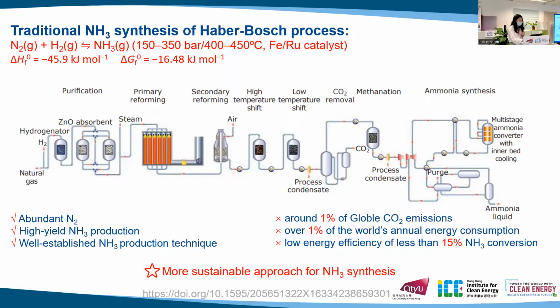However, it still has some limitations. For example, it involves the use of natural gas or fossil fuel, so it involves a large amount of CO2 emission, and the harsh operation conditions like the temperature and the pressure make this process very energy intensive. In addition, the reaction between the nitrogen